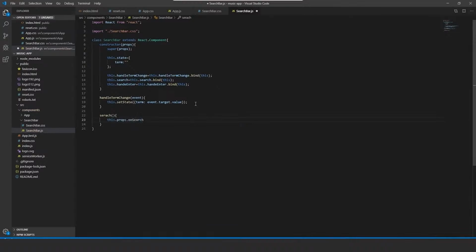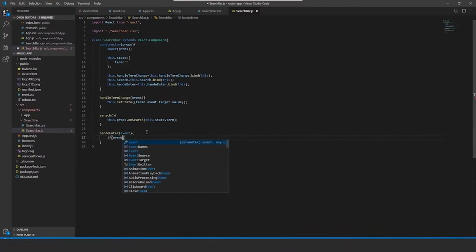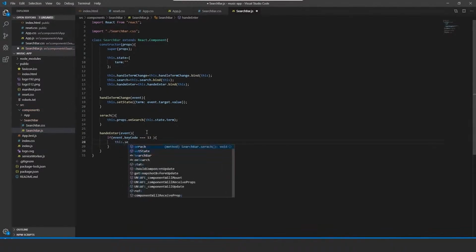Okay, so we'll access the onSearch and pass it the updated term, and then we've got the handleEnter, on which we're also going to pass the system-defined event keyword. So if there's any data flowing along with the event, we're interested in it. In this case, the data is the key code that the user is pressing. And if it is 13, that's the ASCII key code for the enter button. So if enter is hit, then the user has completed entering the search criteria and we need to start